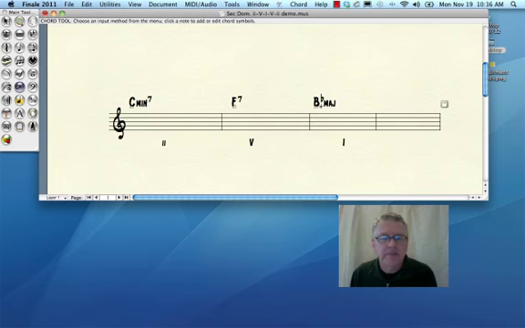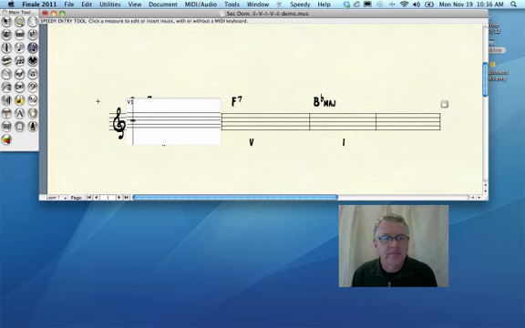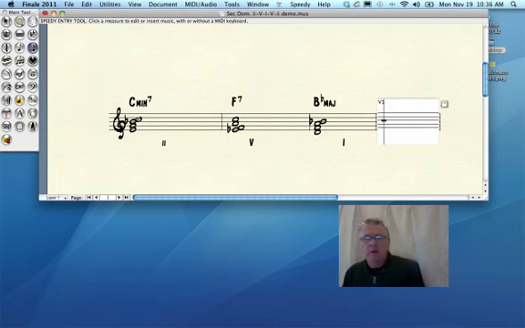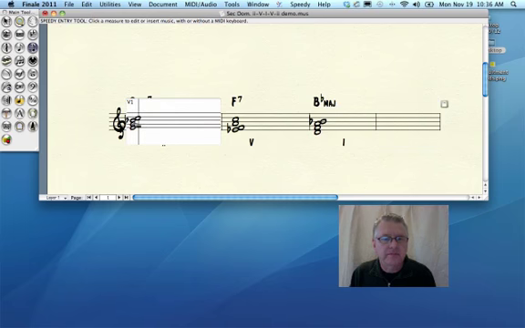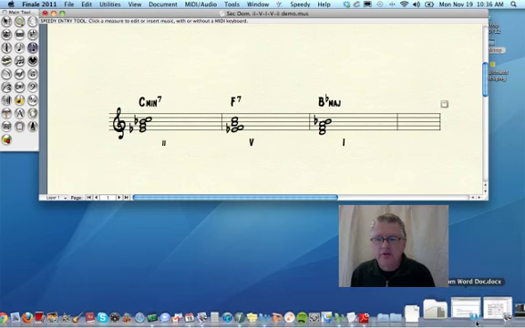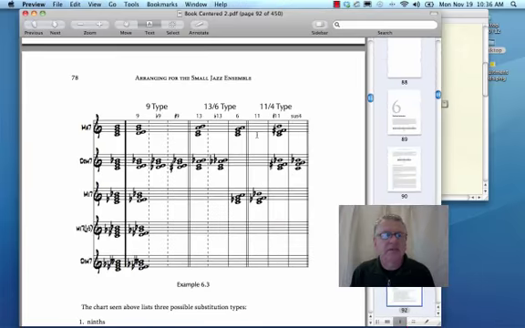I'm going to go ahead and put the voicings in here. So what I've done is I've used root, third, fifth, and seventh for each chord, and I've put the thirds on the bottom. Okay, and let me move that over a little bit. There we go. What you'll recall from the book on page 78, this is the chord tone substitution chart, and